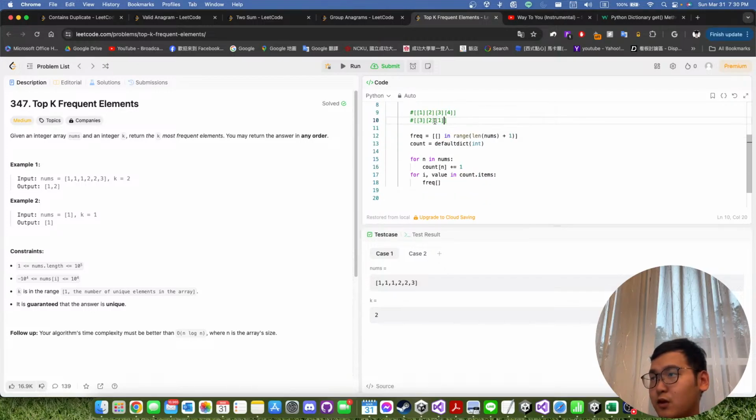So the frequency, so this is the count. The count 1 should be 3. So count 1 should be 3. All right, so